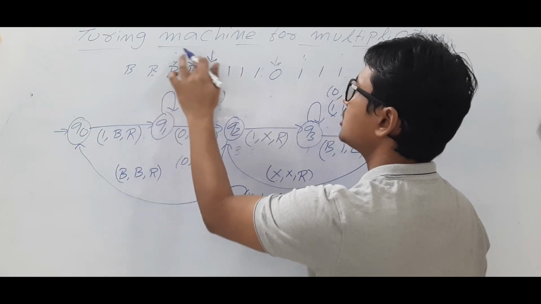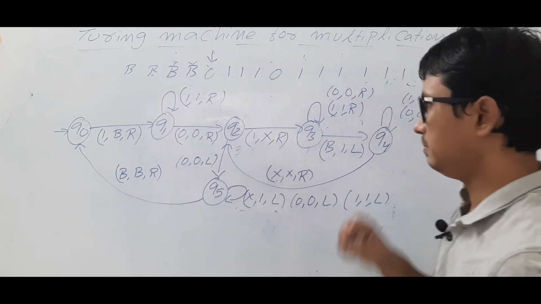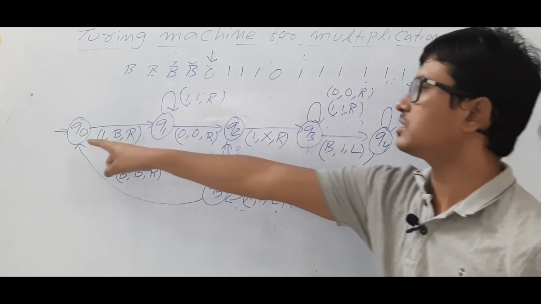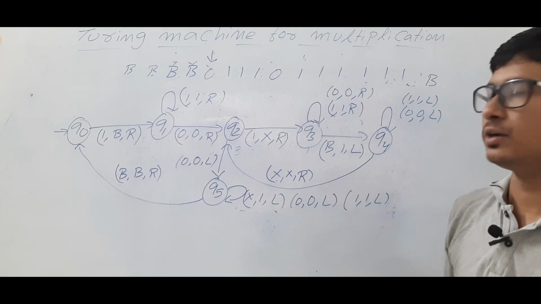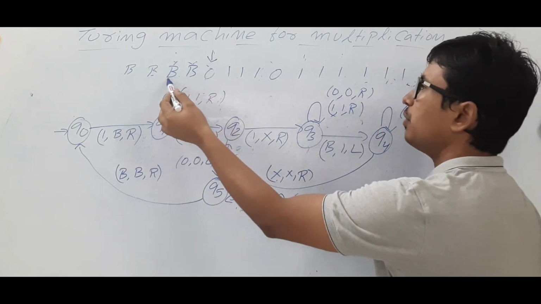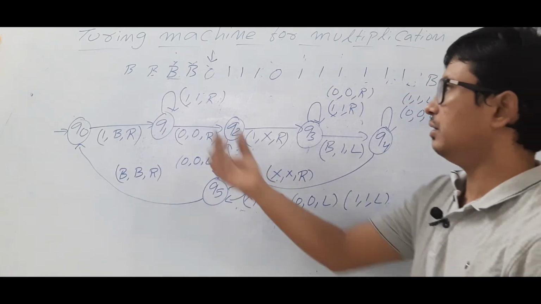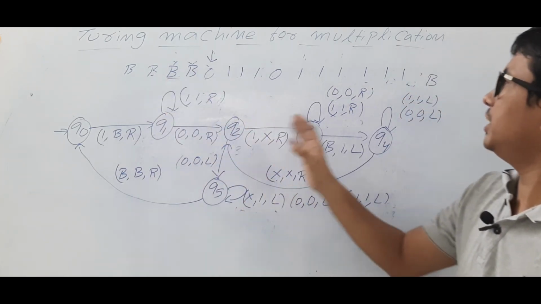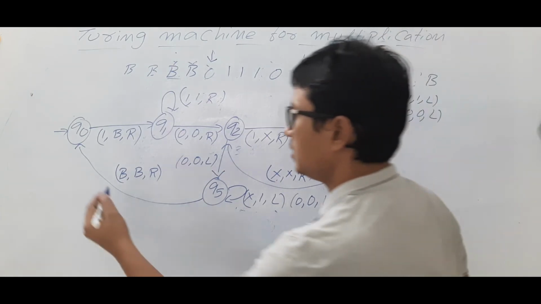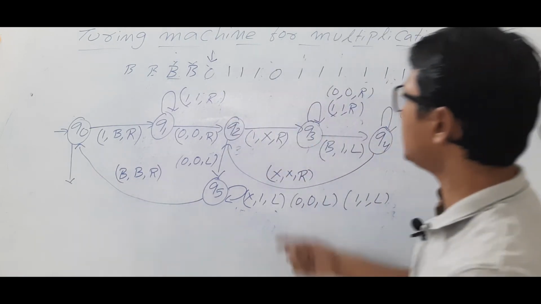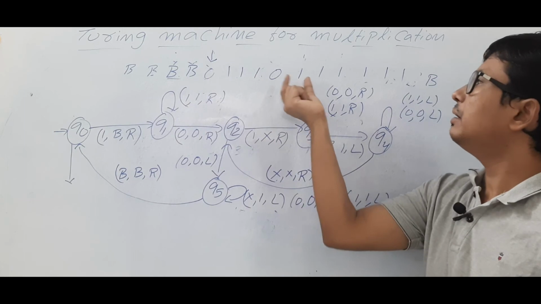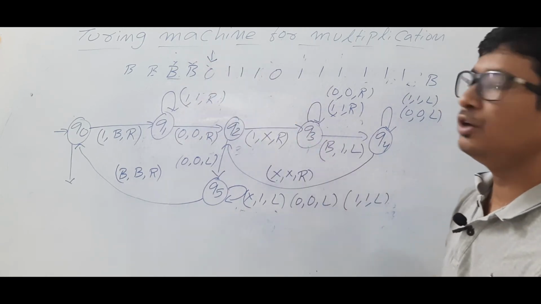So my tape head is currently pointing to this one. I am in the state q0 and tape head is pointing to 0. If I get a 0 here, what is the meaning? All the ones are finished here. So the meaning is that I have placed all the output. Now what I will do is that this 0, because only these 6 ones should be there. Even this 0 you can keep it as 0, but better left hand side everything you make it as blanks.